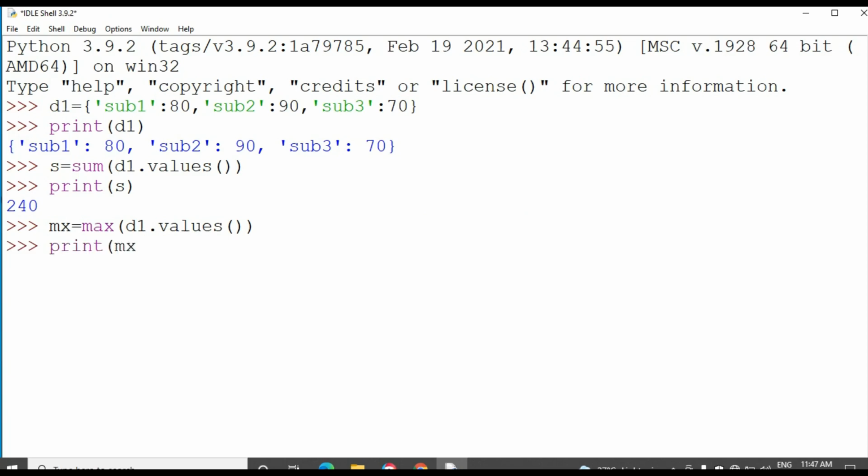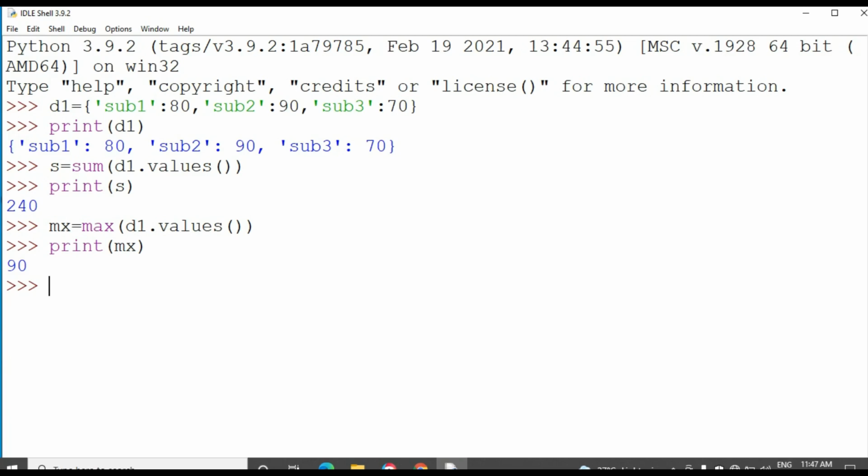Then print of max. See, the value 90 is the maximum value, the maximum mark. So we got the maximum value as 90.